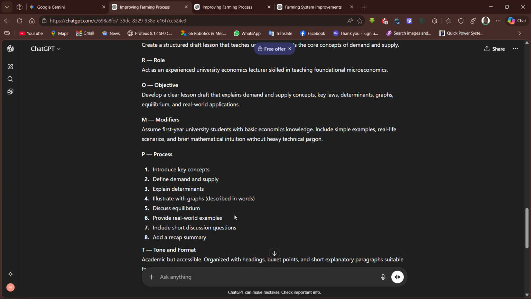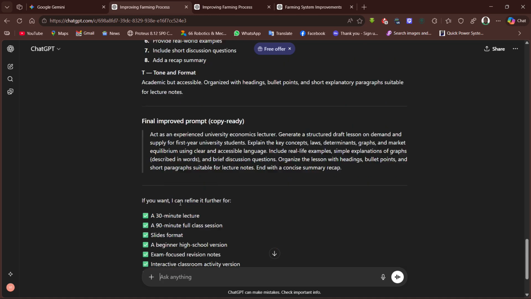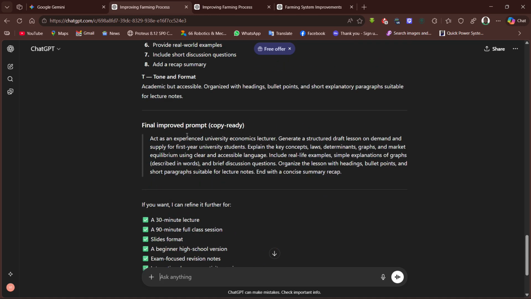Process: introduce key concepts, define demand and supply, explain determinants, illustrate with graph, discuss equilibrium, provide real-world examples, include short discussion questions, add a recap, summary, tone, and format. And then we have the final improved prompt: act as an experienced university economics lecturer, generate a structured lesson on demand